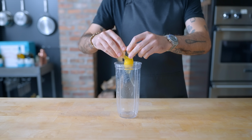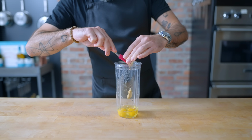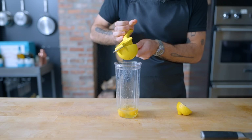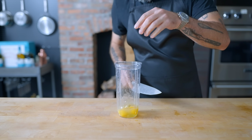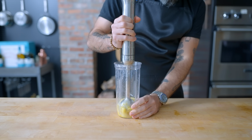First, we're cracking 2 whole eggs into a narrow container about the same width as the head of our immersion blender, along with 1 teaspoon of Dijon mustard, the juice of 1 lemon of average juiciness, about 2 tablespoons worth of freshly squeezed stuff, 1 clove of garlic cut into a few more blendable pieces, and a half teaspoon of kosher salt. We're starting by giving these guys a few pulses with the immersion blender until they're nice and smooth,